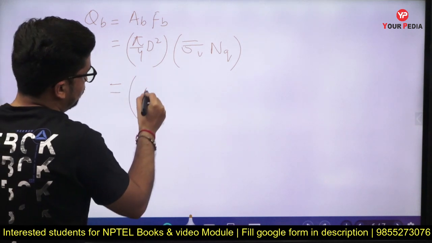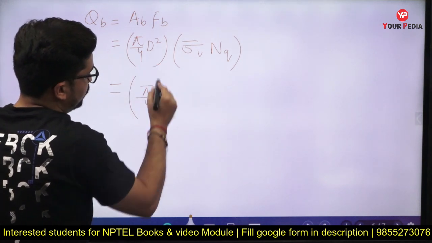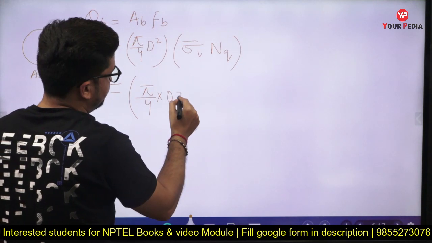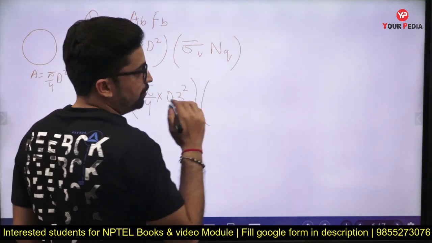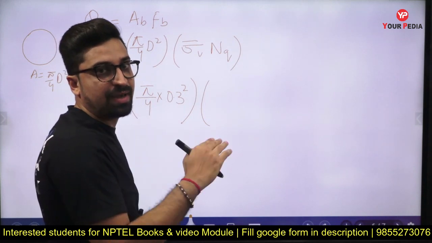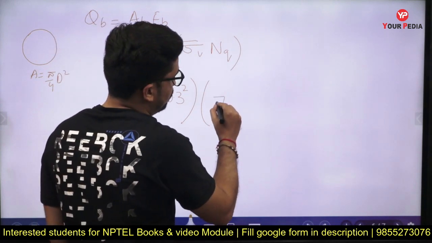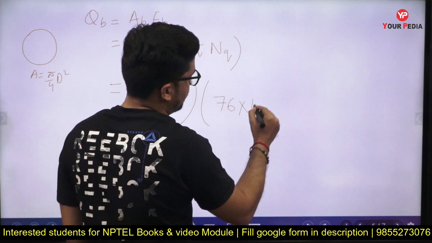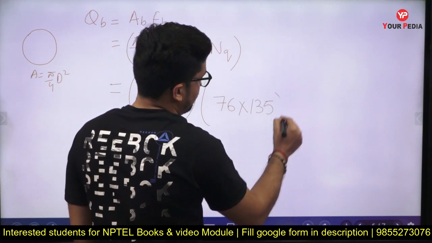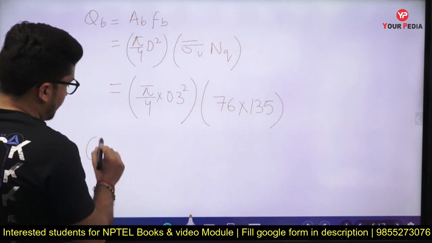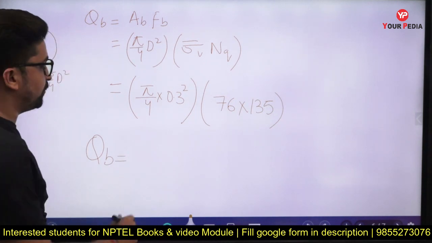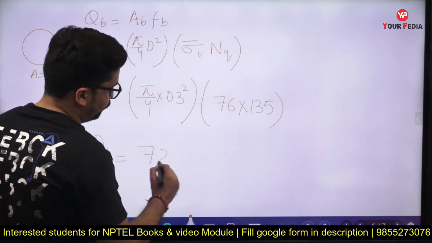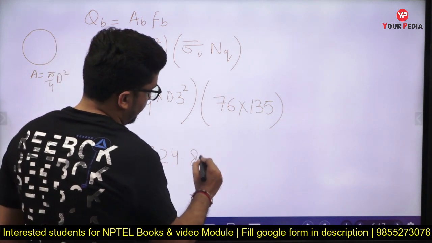So this will become equal to pi by 4 into d of pile, diameter of pile, which is 0.3 whole square, into sigma bar vertical, which is the effective stress at the base of the pile, which is equal to 76, and NQ is given as 135. Solve this and you will get the value of QB as 724.86